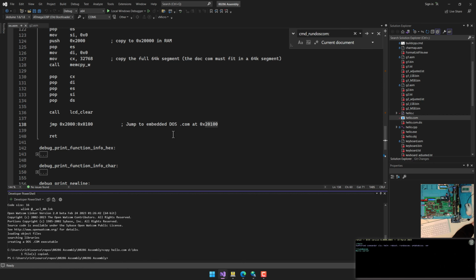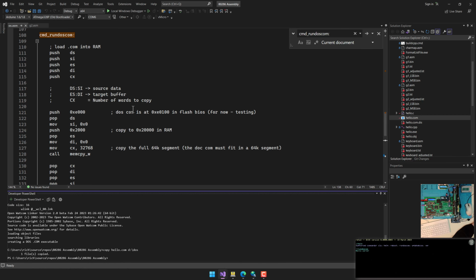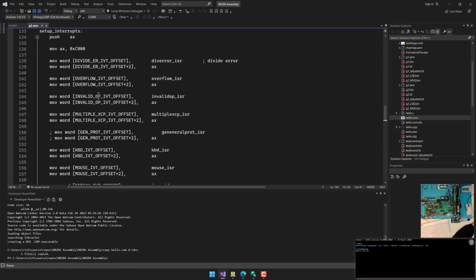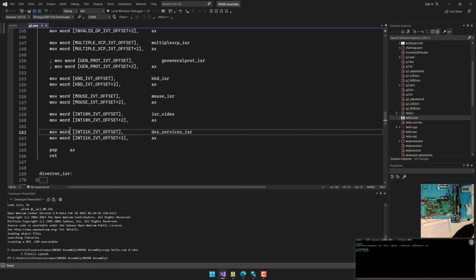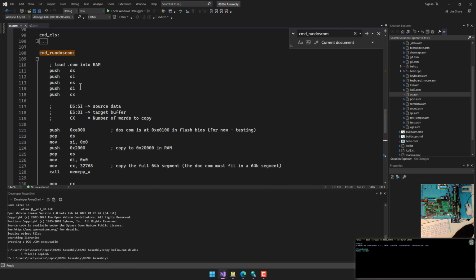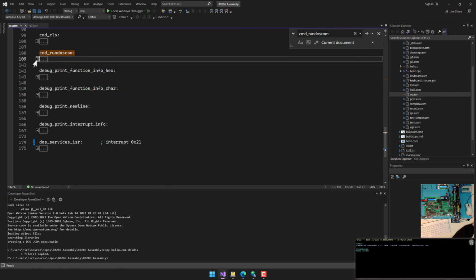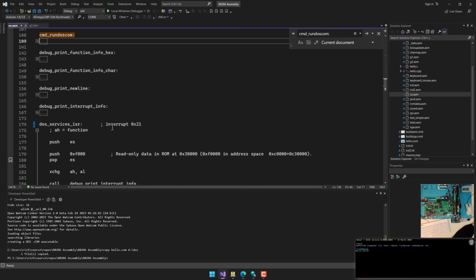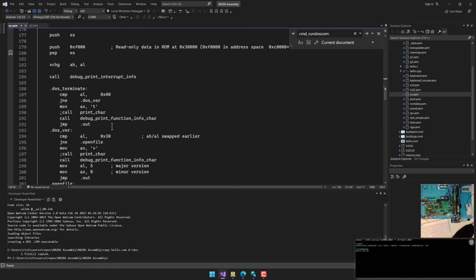And then the goal is to see if it works. What does it do? And if it works, what I should see is that there are interrupts that it's raising, really this interrupt 21, which then over in my pseudo operating system over here, I'm then going to catch that interrupt down here in my ISR, my interrupt service routine,